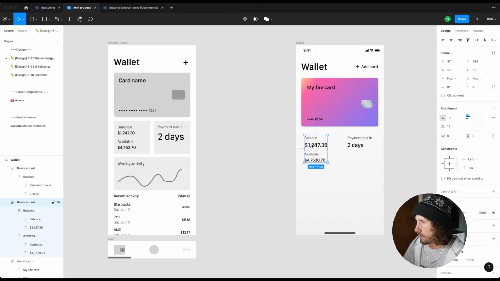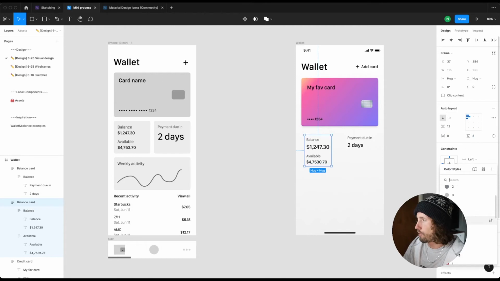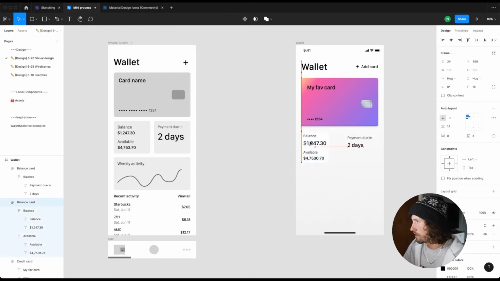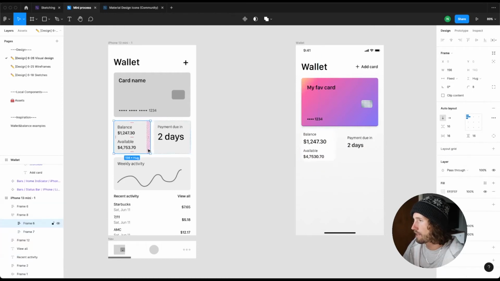So let's select this group, the balance card, and we will give it some padding, maybe just 8 and 8, and we'll see how that looks. We need to make it a pure white background. I actually don't know that I've made a pure white, which is sort of a blunder on my part, but normally the styles should include a white, and we will round these corners here. Maybe we'll go fairly round, and we want this to be spaced, we'll say 16 from the top, and we'll stretch this out. Actually, we did already do the math here on these, so 156 width should be good for